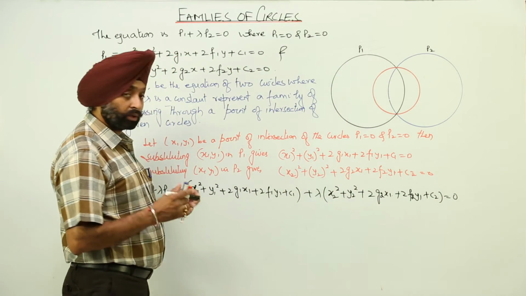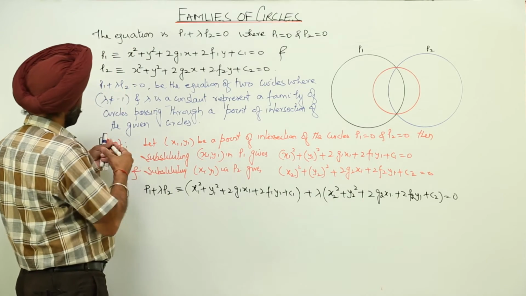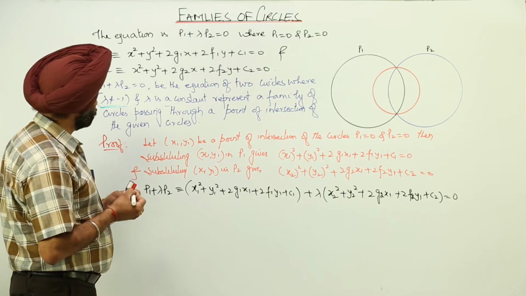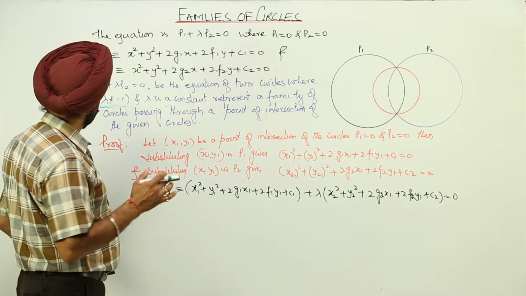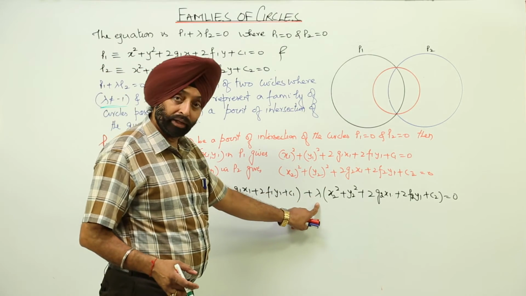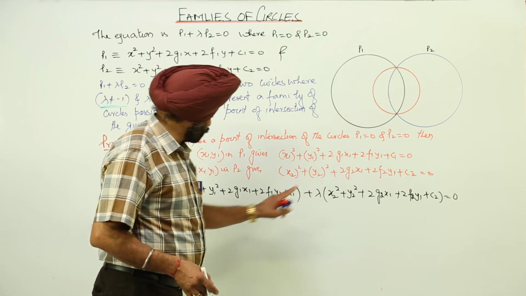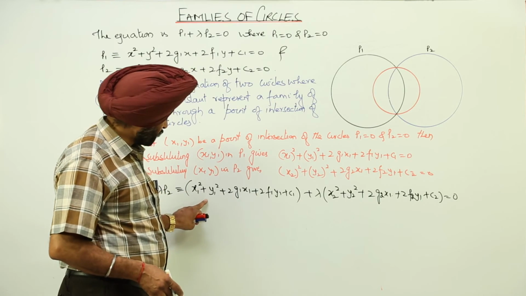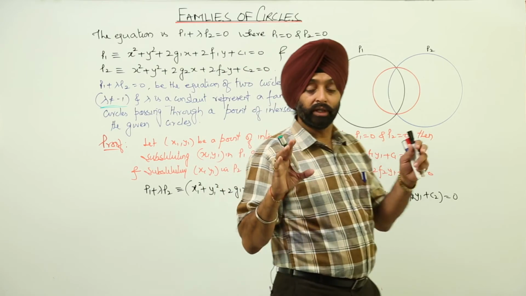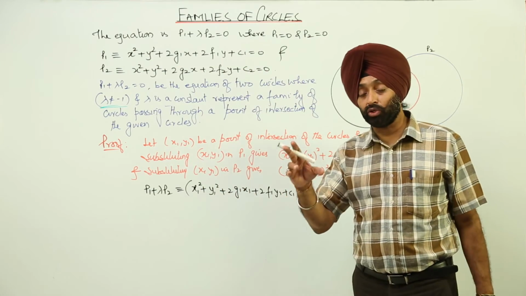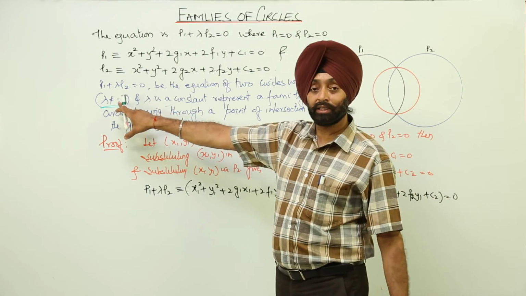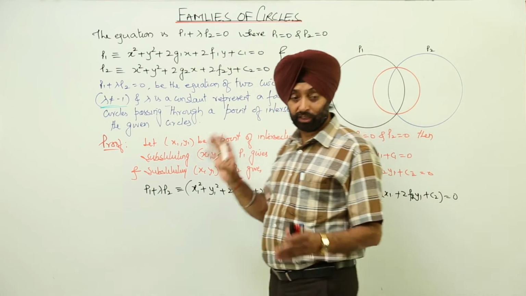Now I am coming to the part which I discussed there. If we are having lambda not equal to -1, and suppose lambda is equal to -1, if we are putting negative of 1 here, then x square and y square will be cancelled with x square and y square, and what will we be having? We will be having an equation of degree 1, and that will not be the equation of a circle, it will be the equation of a straight line. So that is why we have written lambda is not equal to negative of 1, one major thing.